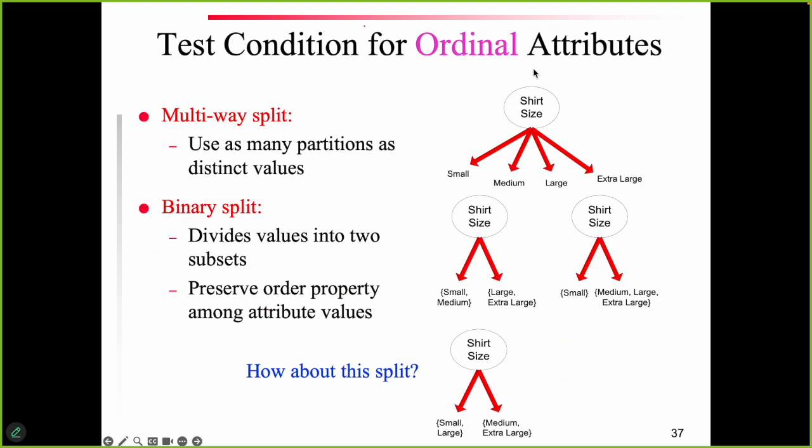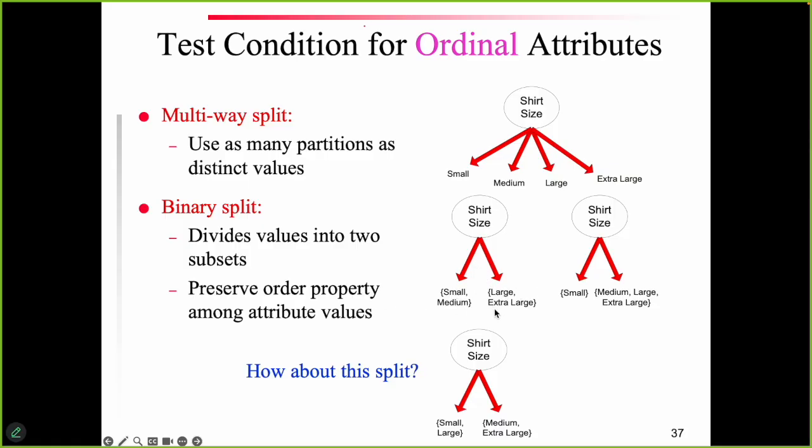Now, what if we have ordinal attributes? In the case of a multi-way split, it's the same. For example, let's say you have an ordinal attribute like shirt size. Shirt size is ordinal because it has order: small, medium, large, extra large, right? You can still use a multi-way split, one branch for each size, and that's okay. And you can also use a binary split. Here, the only difference from the nominal one is that you have to take care of the order. So you have to make sure to preserve order